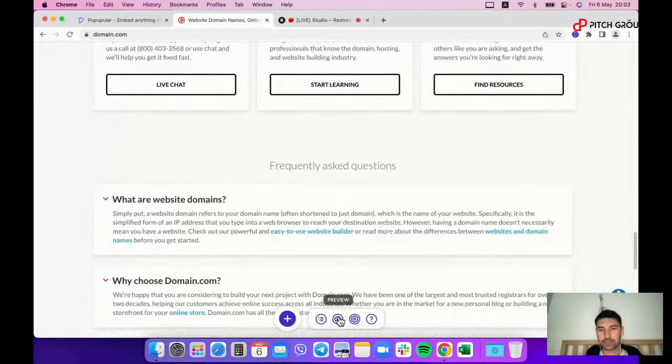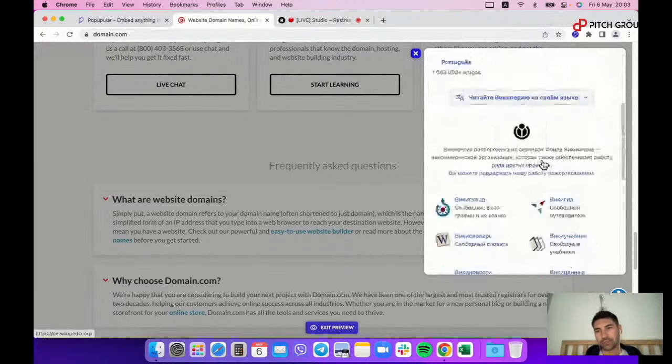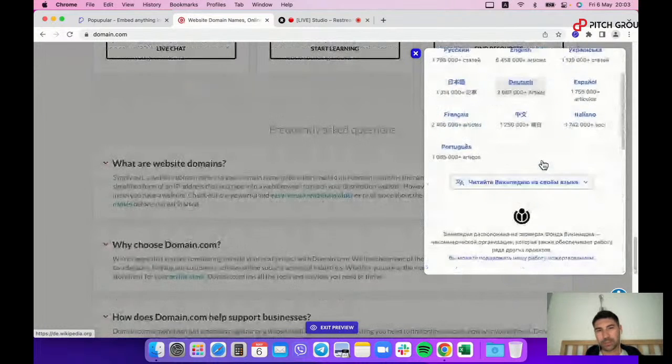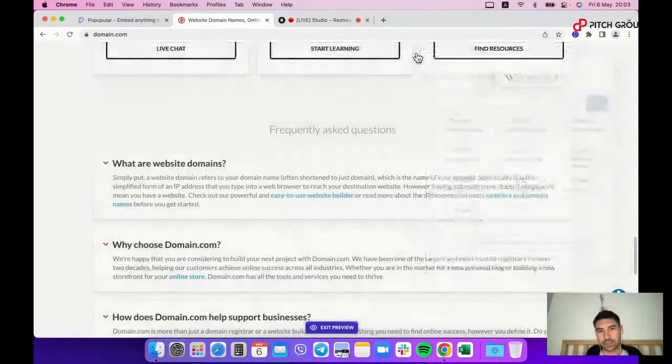So now, how do we preview how this looks? We have this button here for preview mode, and when you click on that, you should see exactly how everything looks and works for your end user. So the preview mode is basically the way it's going to look and work for your end user when you actually publish it on your page and they visit your page. So here's our pop-up, and it's in the top right corner, and it's a Wikipedia page rendered beautifully inside of this little pop-up. We got the little dim background, and here's the close button,